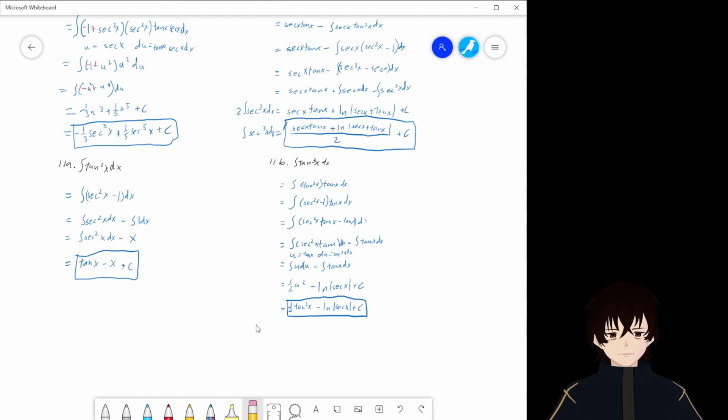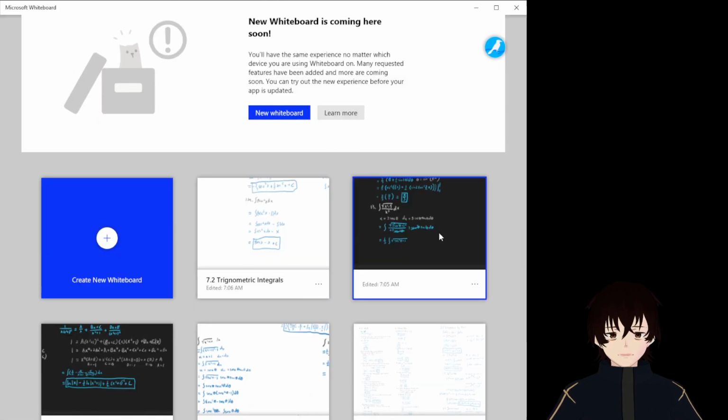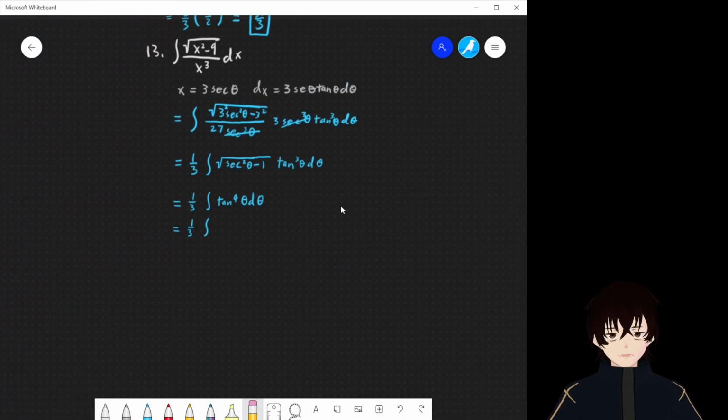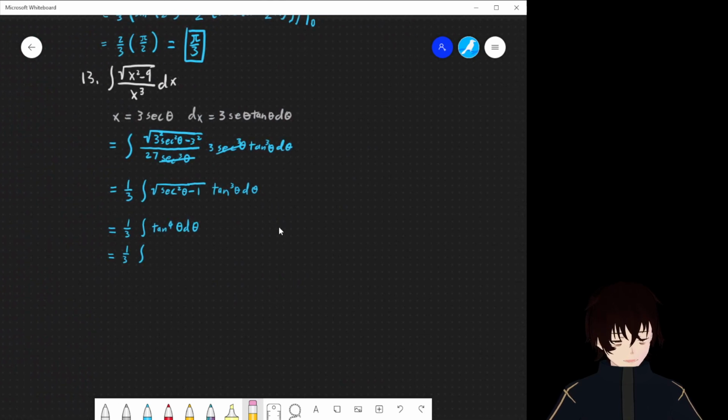Wait, I think I'm overthinking this. Where am I? Well, if we were to do that, we'll have secant squared theta minus 1 squared, which would give us